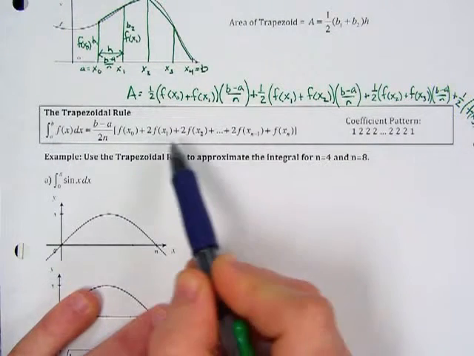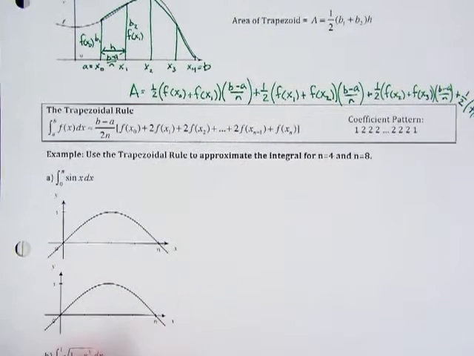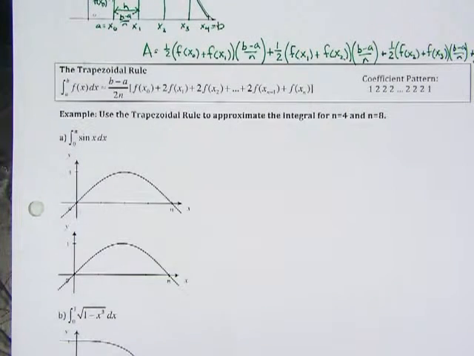Question? So for what we're doing right now, we're going to have a set n, like n's not going to be... Yes. You're going to have a set n. So in our example, it says use the trapezoidal rule to approximate the integral for n equals 4 and n equals 8. So we're going to do this in 2 different ways. So first, if we do n equals 4,